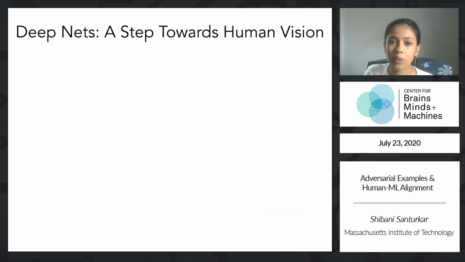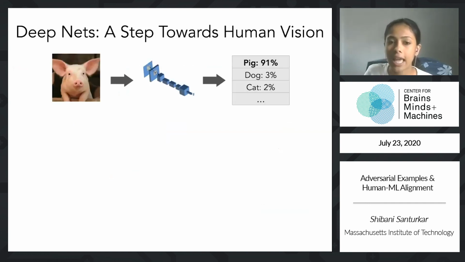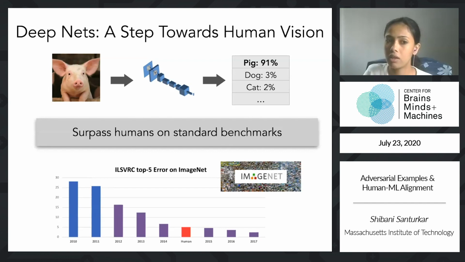And just revisiting what deep learning is all about, the crux of it is that it is focused on using a new model class, specifically called deep networks. And this is just one pictorial depiction of what a deep network can do. It can take an image and classify it into a bunch of possible classes. And deep networks usually are composed of a bunch of layers of different types. And what made deep networks so popular compared to previous machine learning techniques is that they had amazing performance on a bunch of standard benchmarks. In fact, on some of the benchmarks today, deep networks surpass human performance, for example, on the ImageNet image classification